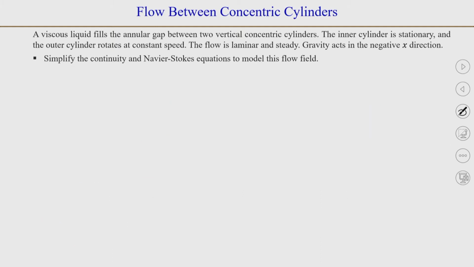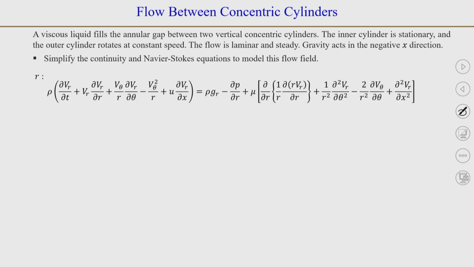So, we are left with only one component of velocity, which is non-zero, and in this case this is v_θ. So, now we will try to simplify the equations of momentum conservation or Navier-Stokes equations in cylindrical coordinates. So, first we look at the momentum conservation equation in the r direction, and the first term will be 0 because the flow is steady. The second term will be 0 because v_r is equal to 0.